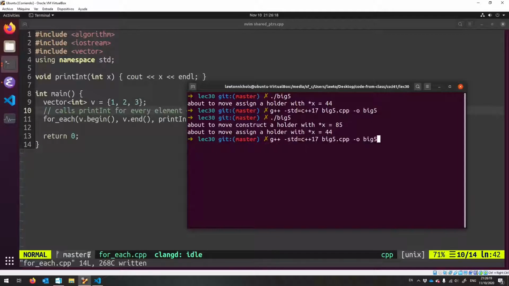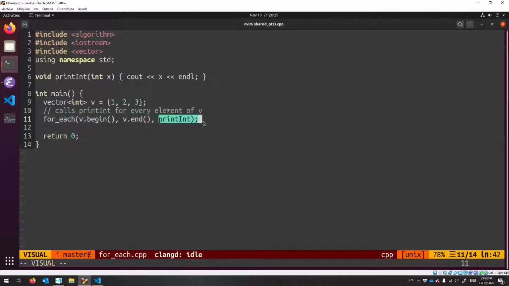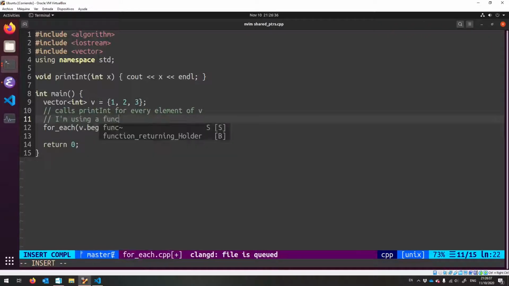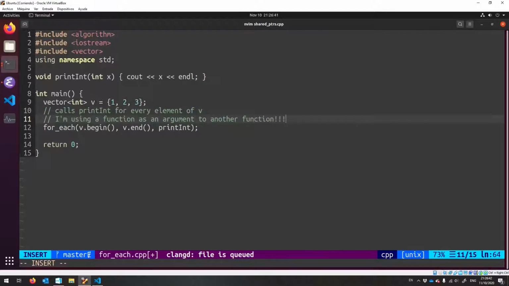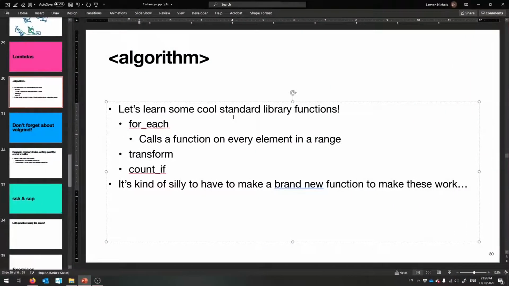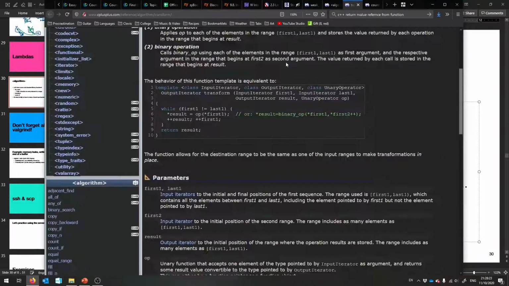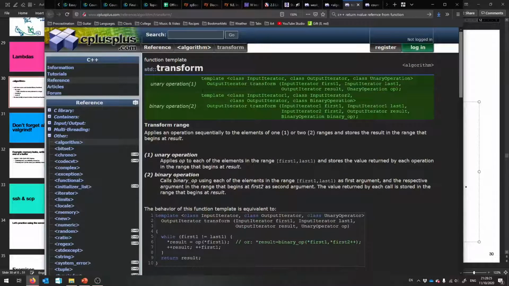So let's compile and run this. These kinds of little algorithms are super nice. It just prints 1, 2, 3, and it's probably the first time you've seen it, but I'm using a function as an argument to another function. Magic. So that's for each. And now transform and count if are very similar. I've got to look them up. So transform just applies a function to